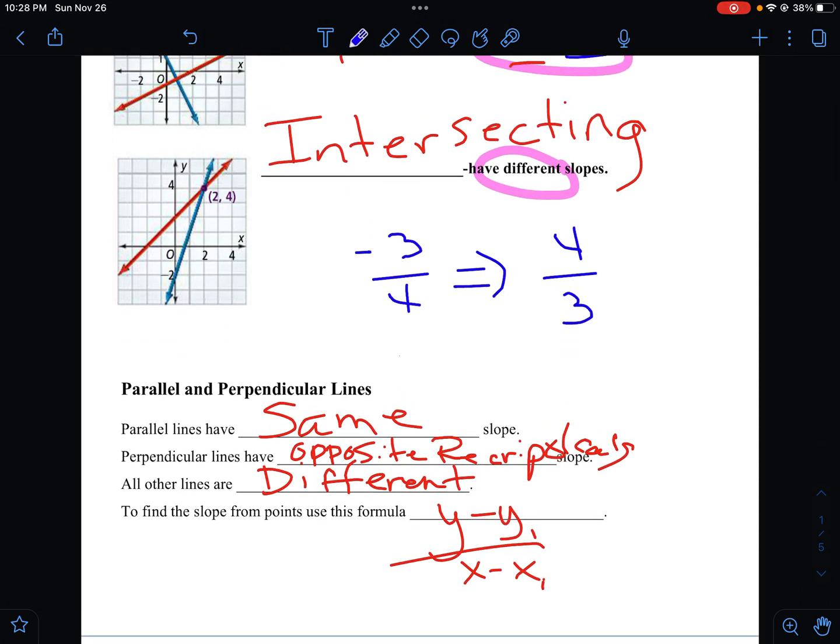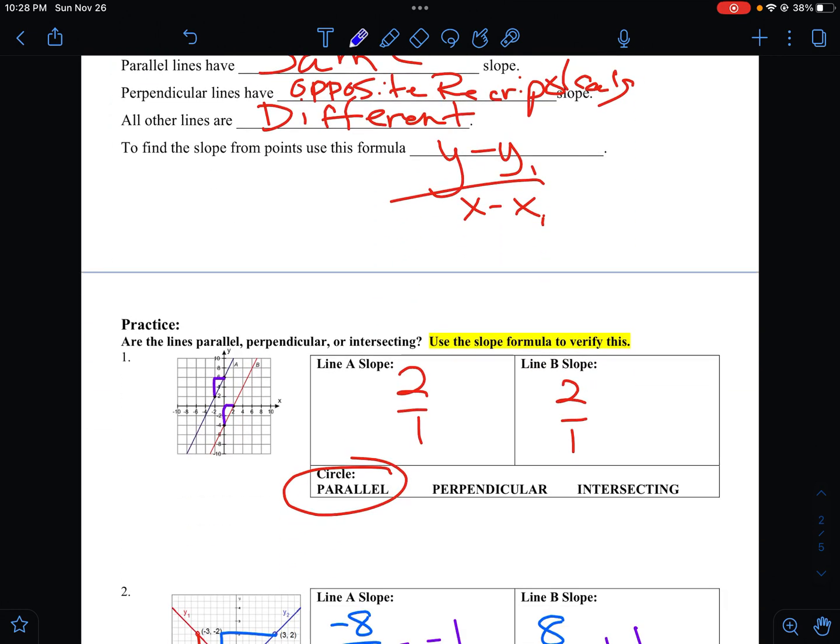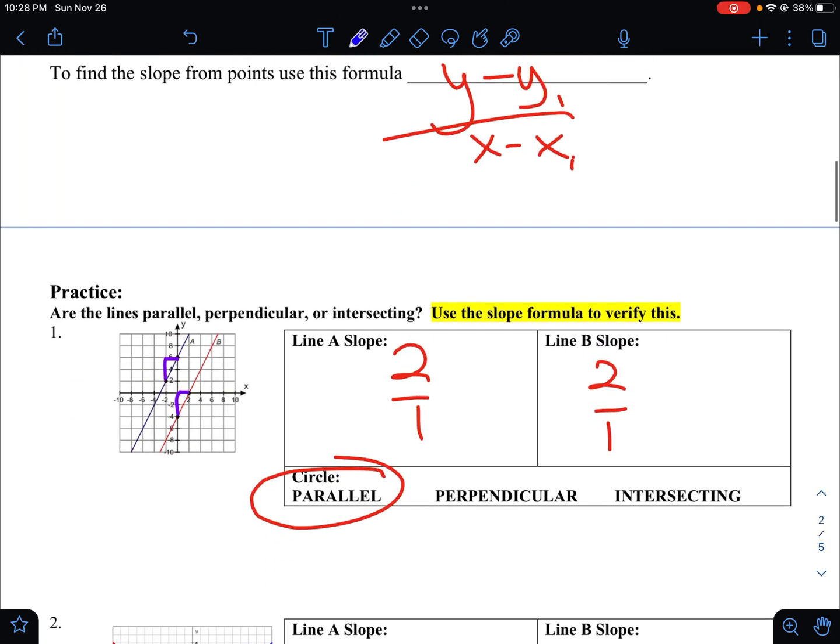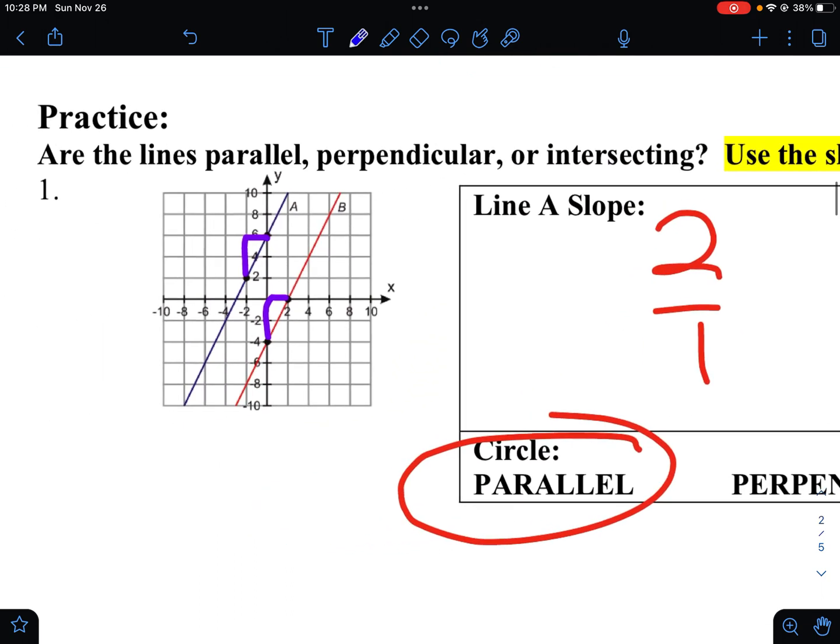All other lines are intersecting. So then, again, we're going to just fill in those definitions. Parallel lines have the same slope. Perpendicular have opposite and reciprocals. All of the other lines are just different slopes. And to find the slope, you can always use the formula. Now, as we look down here, this first one